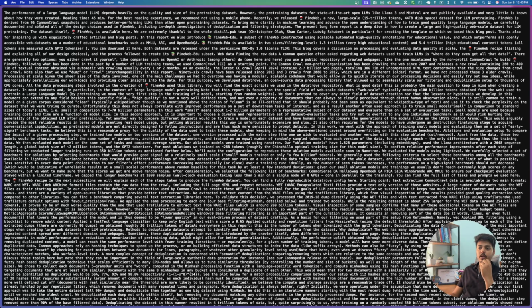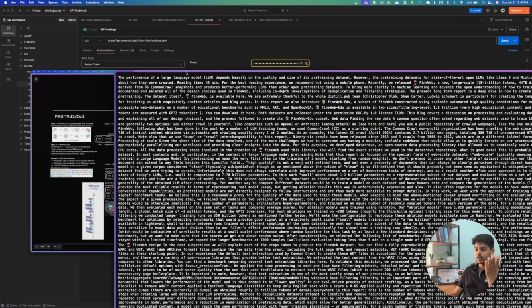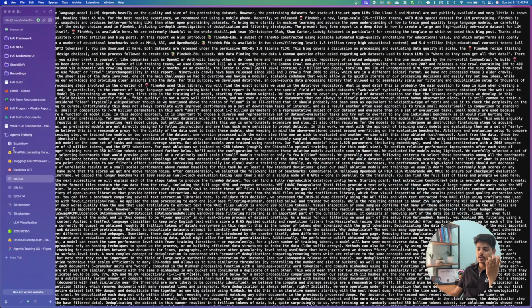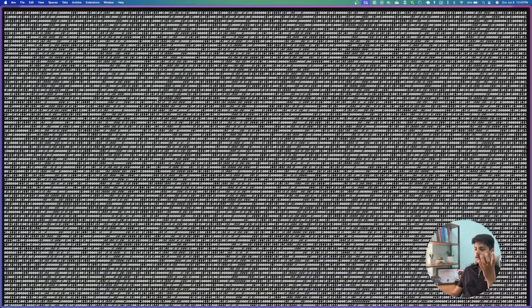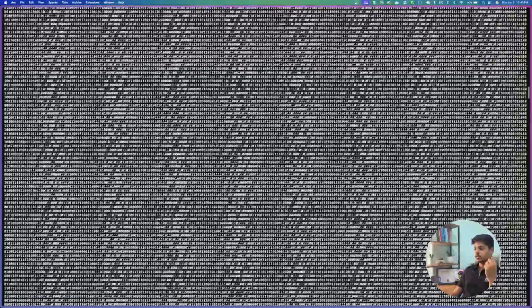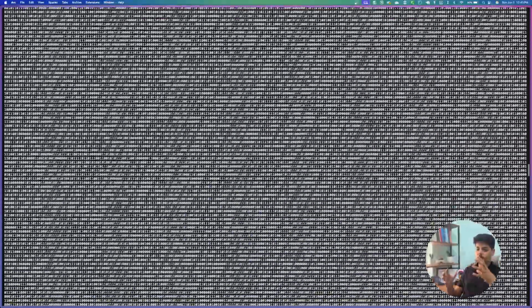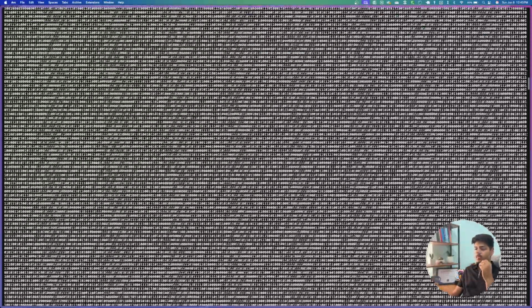So we need a way to represent this in symbols. One naive way would be converting this sequence of text into binary, like zeros and ones. So this could be one way where you could represent the data, but you can see this is huge. This is really huge compared to the actual original textual content. So you need to figure out a way to shorten this sequence,